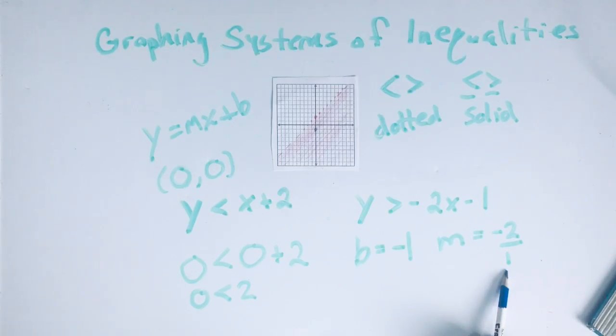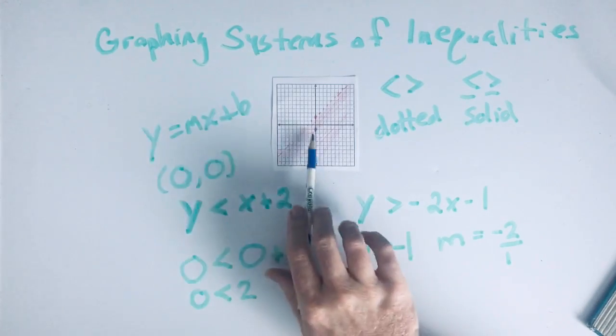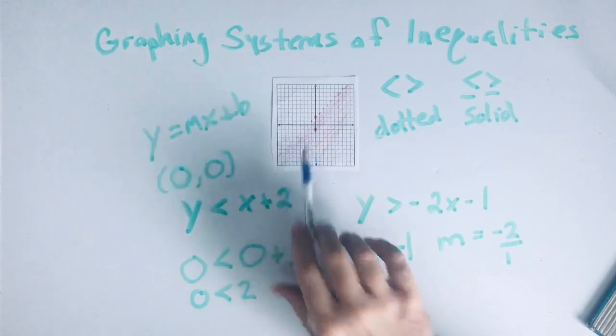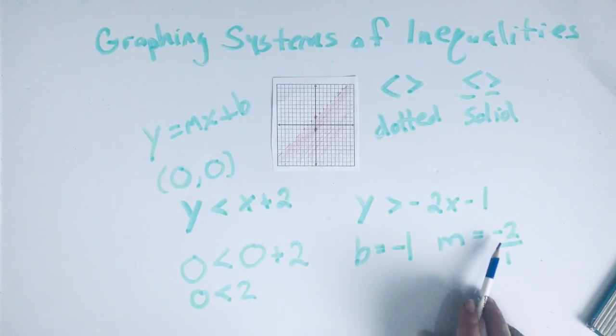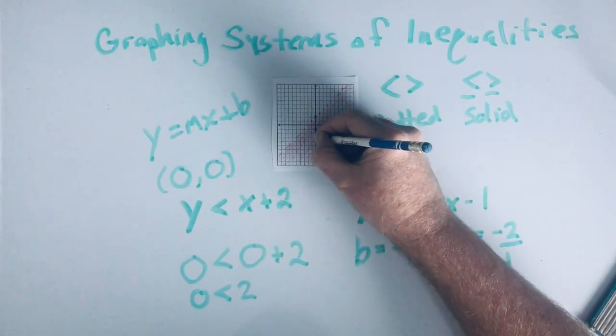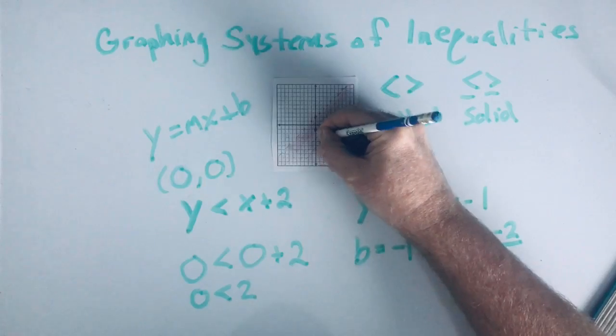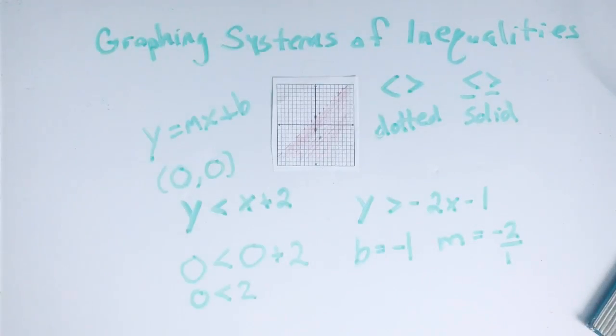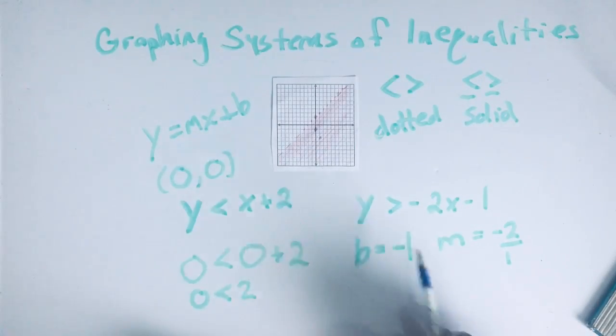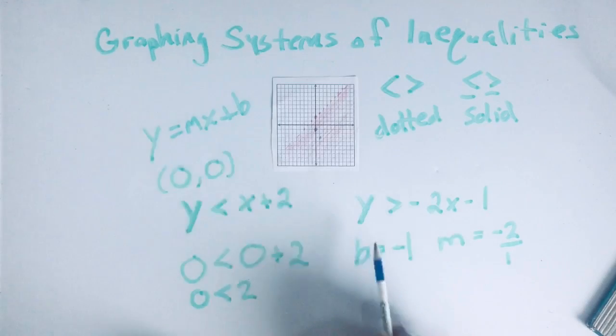Next, I'm going to make a slope from this point, not from the center, but from this point. So I'm going to rise -2 and run 1. Well, if I rise negative, that's going down. Remember, rise negative is to go down. So I'm going to go down 2 and always run to the right. And then there's my 2 points so that I can connect them